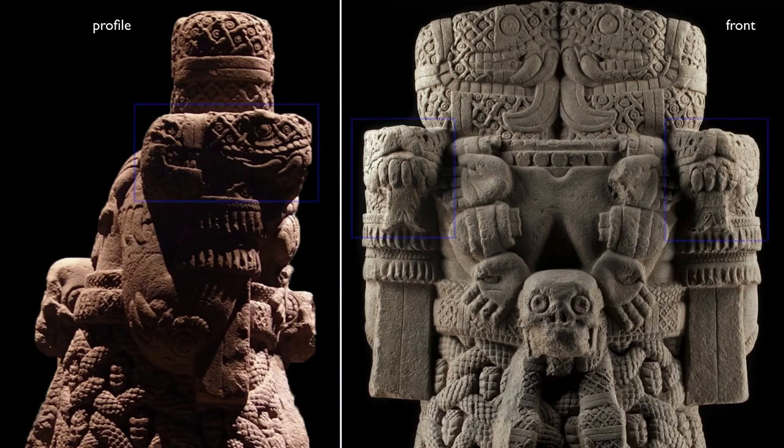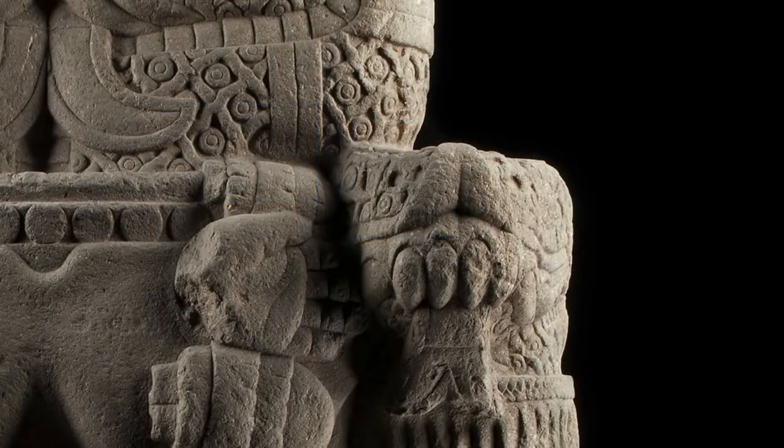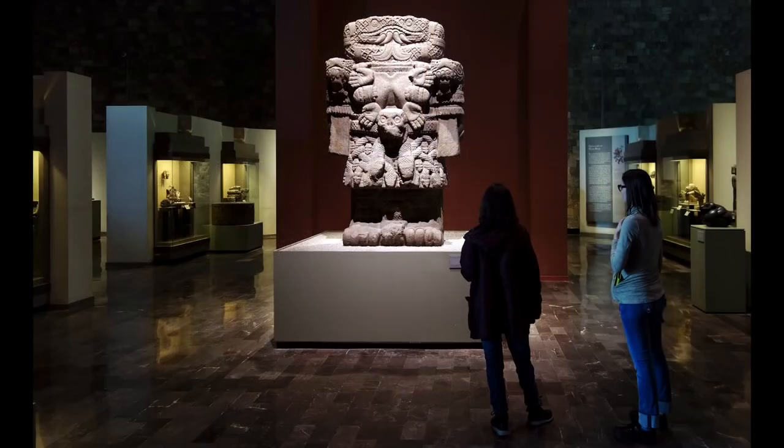And then we have snakes rising from her wrists, which also indicates that she was dismembered at the wrists. And that again, we have maybe spurting blood from where her hands would have been. But this is only the front of the sculpture. And the sculpture is actually carved in the round, not only on the sides, but also on the back and